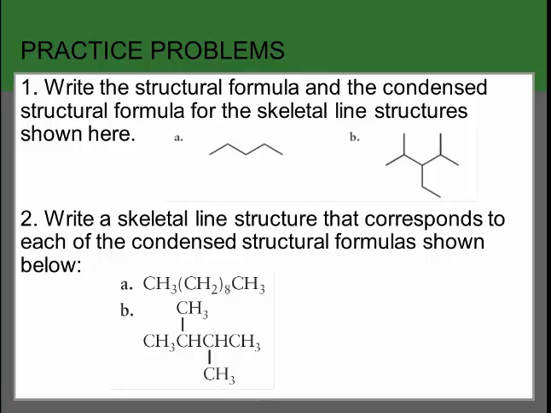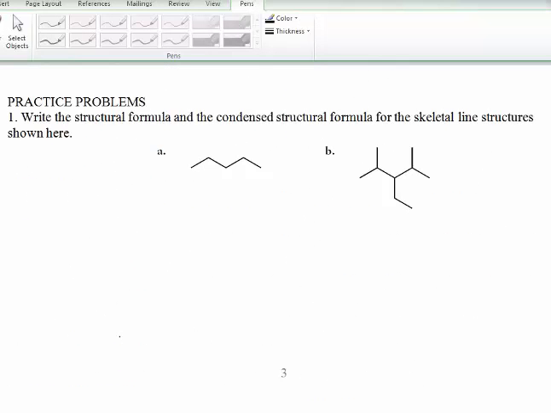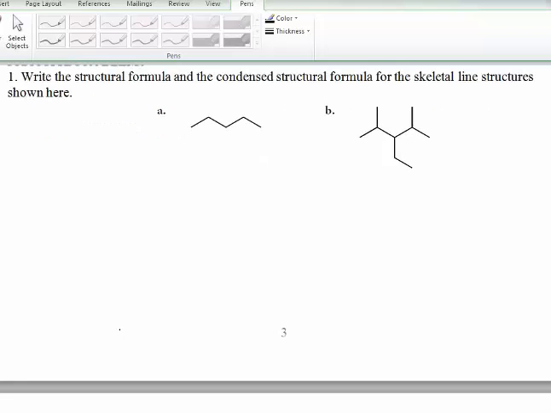So let's look at a few more practice problems. We want to translate the skeletal line structure. We're going to recognize what this skeletal line structure is showing us and write the structural formula and the condensed structural formula. So here again, any point is a carbon atom. There are 5 of them. And we then have to fill in hydrogen atoms on all of these. There are no double bonds, so we just proceed to add as many hydrogens as needed. The 2 end carbons get 3, 3 middle carbons get 2,